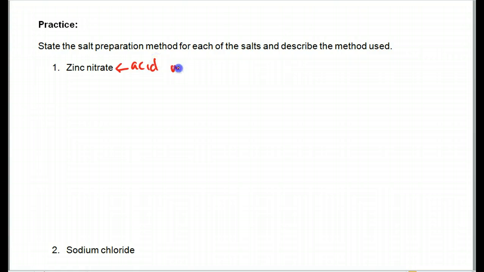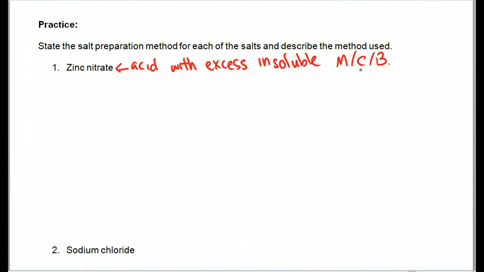acid with excess insoluble M, C, or B. Okay, step 1. Let's determine the reagent. So step 1, okay, zinc, you can choose metal carbonate or base, either one. In this case, maybe I'll just go with the carbonate to make things easier. So step 1, I'll say